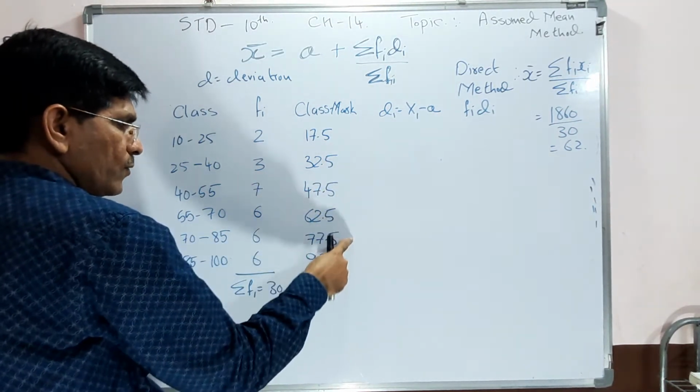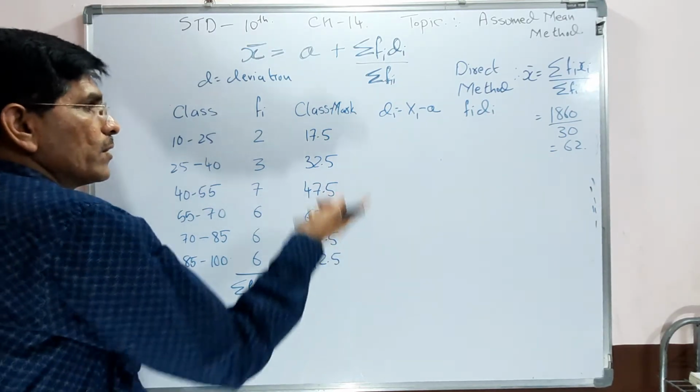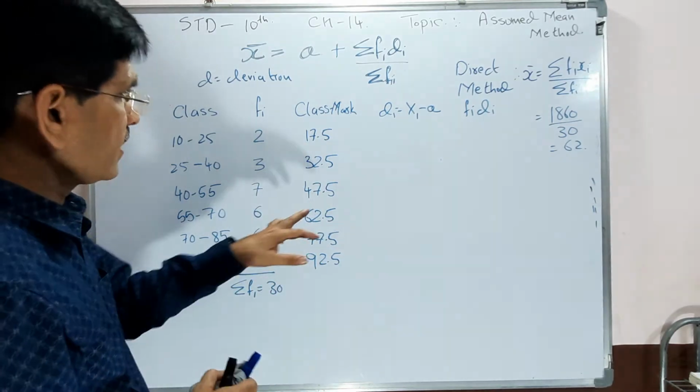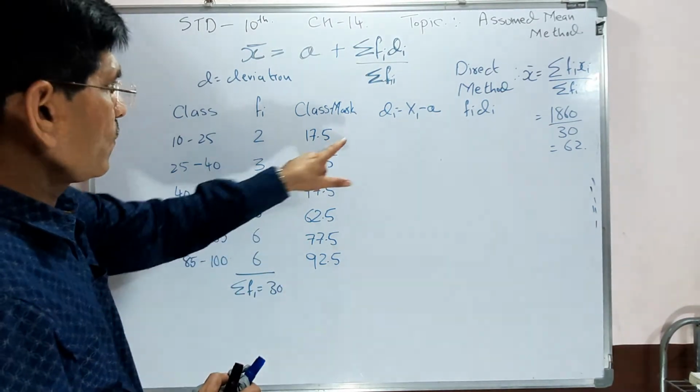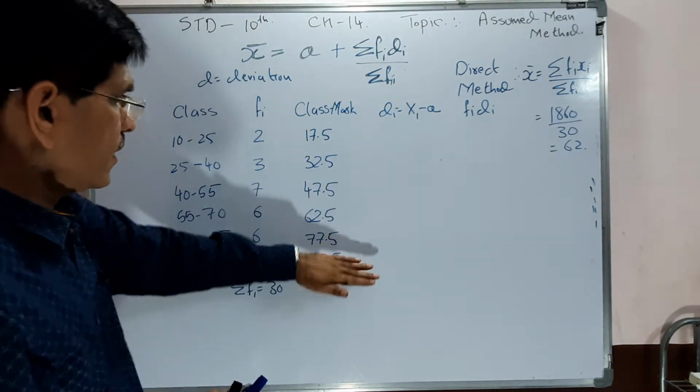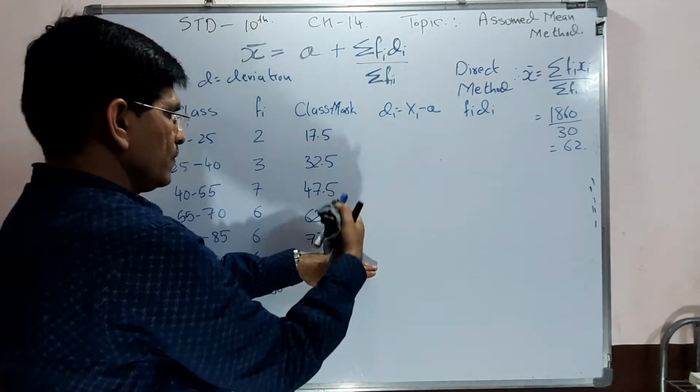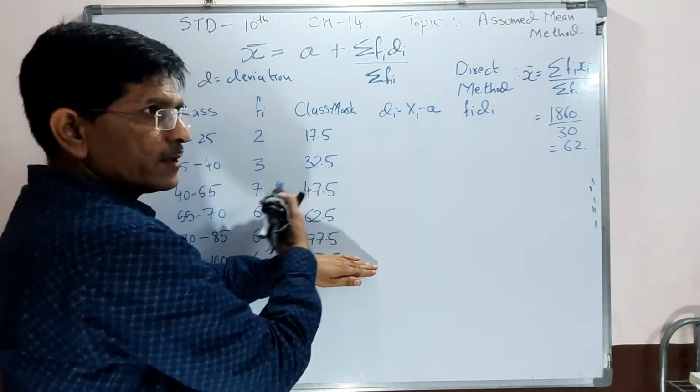1, 2, 3, 4, 5 and 6. So related with the 6, generally we can give the third. If 5 is there, then what we have to do? 1, 2, 3, 4, 5. So we have to take the middle.